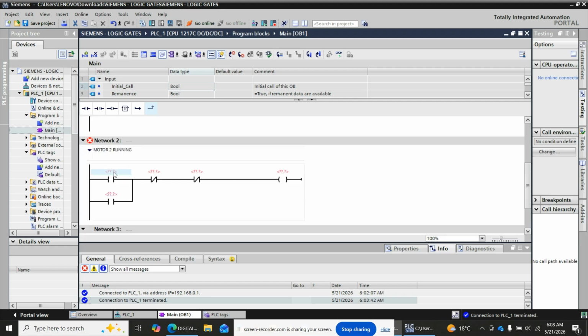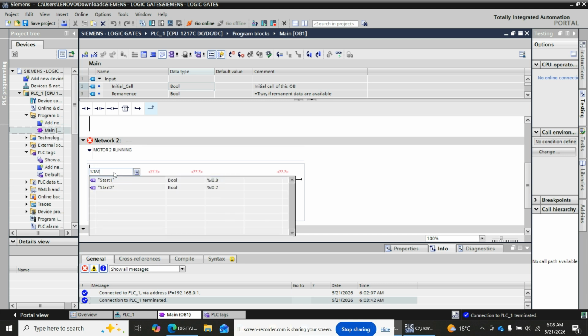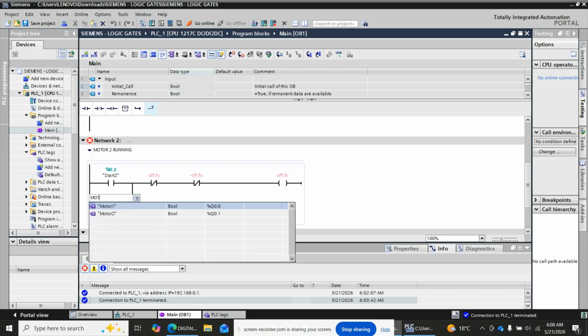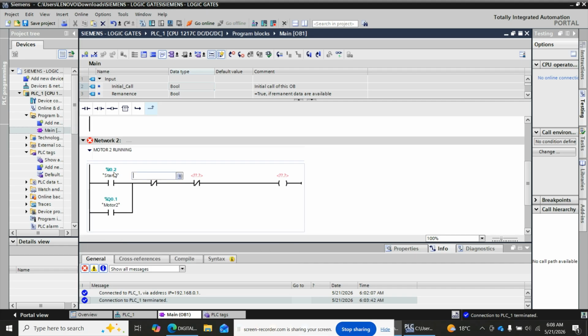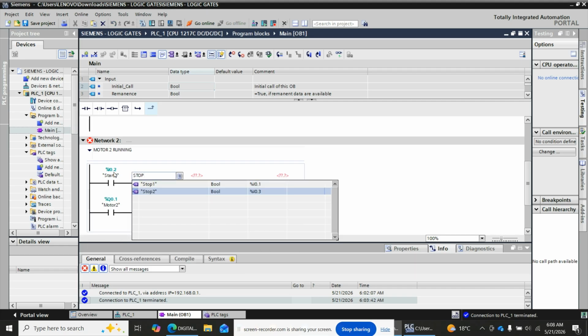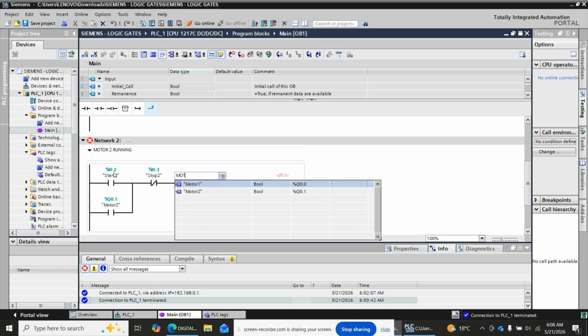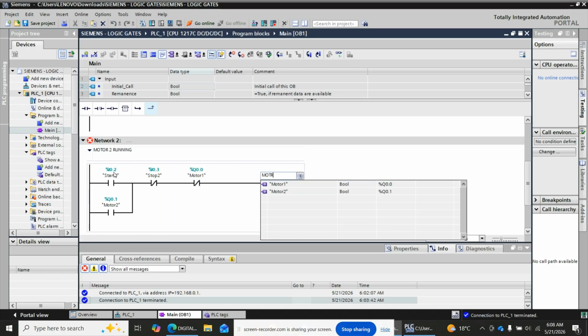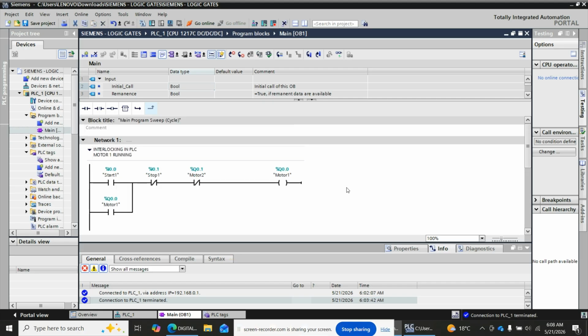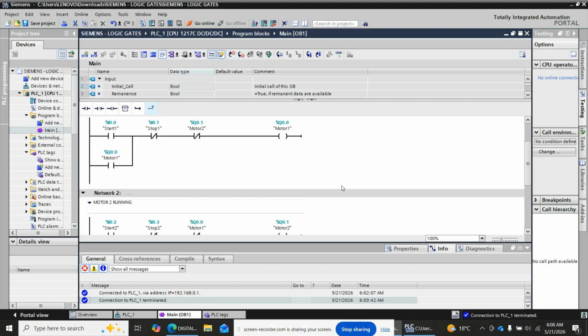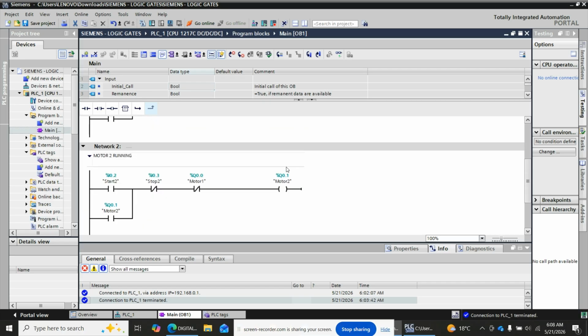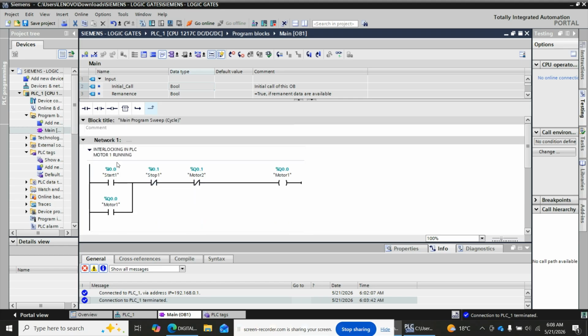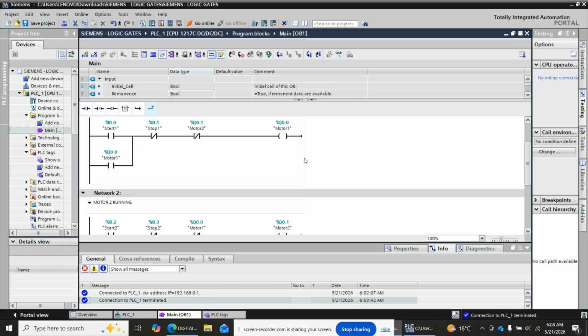Okay, and then down here I'll have start 2, and then I'll have motor 2, and then I'll have stop 2, and then I'll have motor 1, and I have motor 2, like that. Okay, so this will be my network. So whenever motor 1 is running, I cannot start motor 2, and whenever motor 2 is running, I cannot start motor 1. That's the